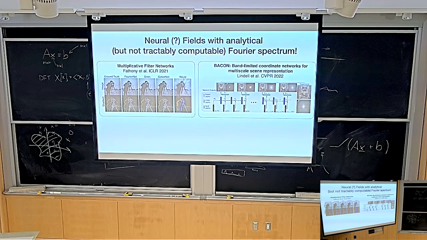There are actually neural fields that have analytical Fourier transforms. So imagine I give you a neural network that I fit to this cute little 2D function there. And now I ask you, please give me the Fourier transform of this neural network. Just for the record, the Fourier transform takes a function as input and outputs another function, which is the Fourier transform of that function. How would you do that with your neural network? Who has ever thought about doing a Fourier transform of a neural network?